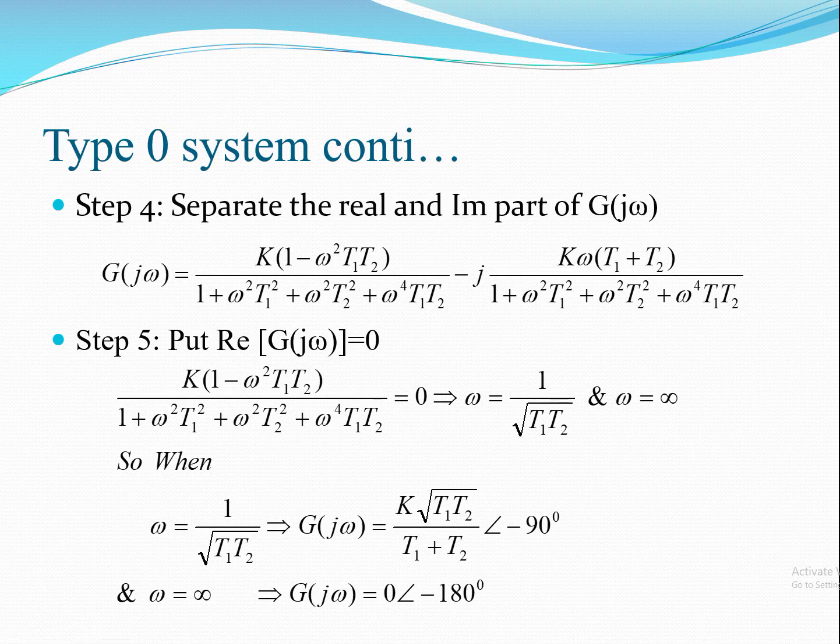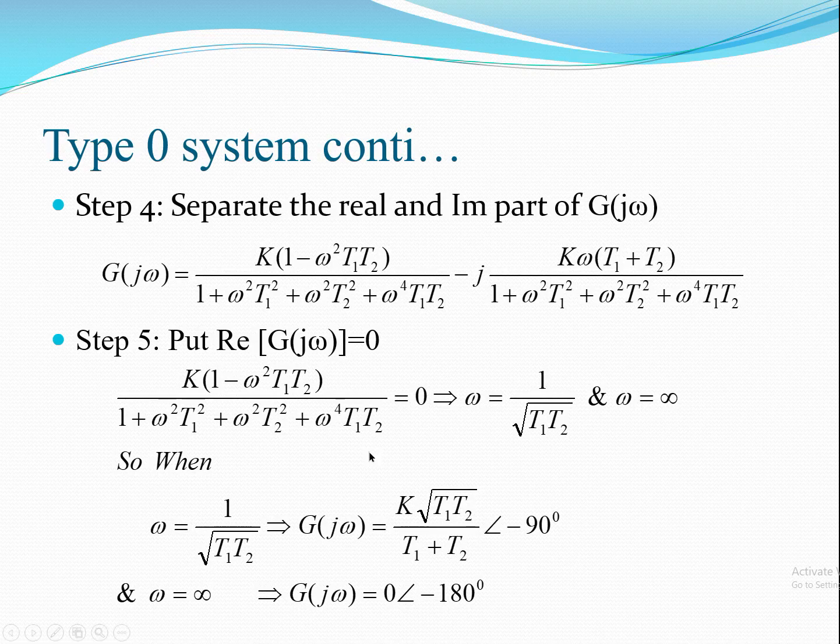omega equal to infinity. So here omega is infinity, so this term is going to be 0. We will be having two values, either your omega is equal to 1 upon under root t1 t2 and omega is equal to infinity. So now we have got this omega equal to under root t1 t2. This particular omega we have to put in our G of j omega equation. Okay, if I am putting this omega over here, it will be K under root t1 t2 divided by t1 plus